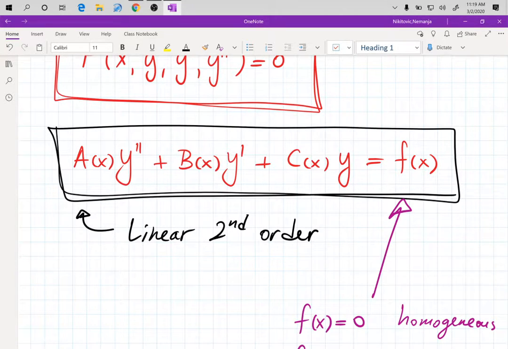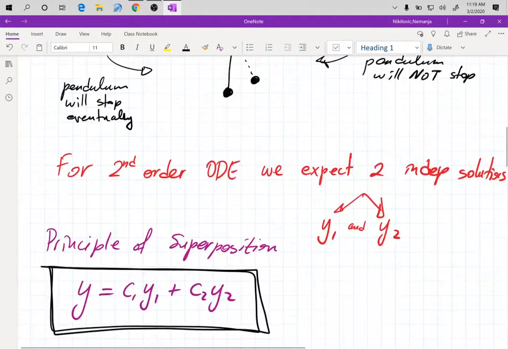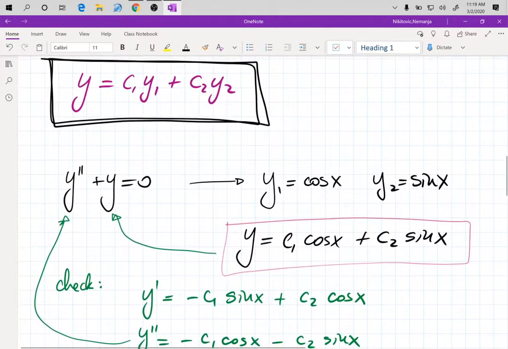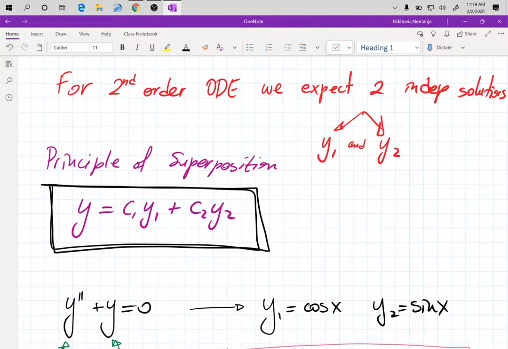And there are other methods to use, other than what we are currently doing, to deal with those. The easiest case for us to consider and work on is going to be the constant coefficients. We also said that the second order differential equations will have two